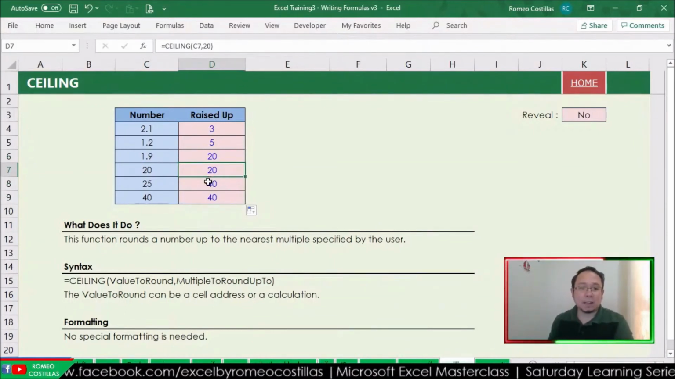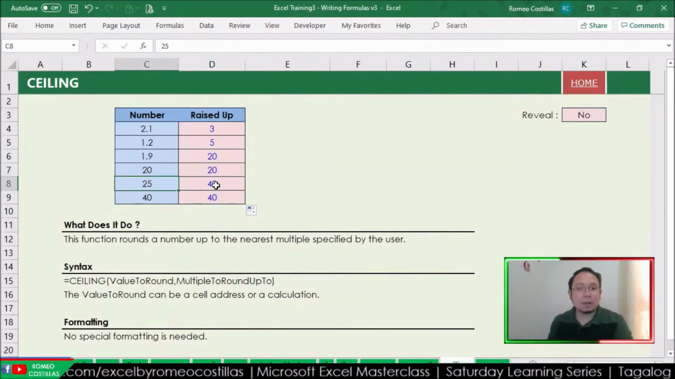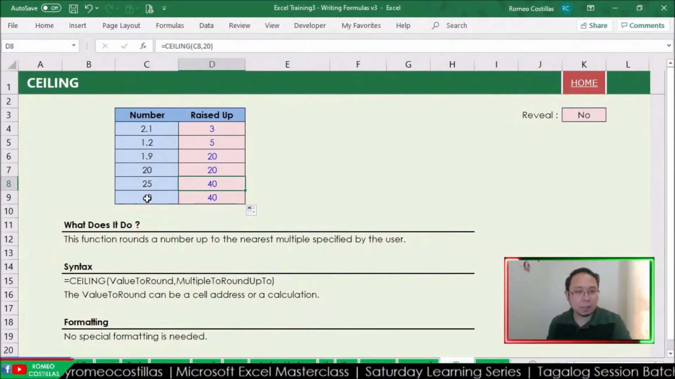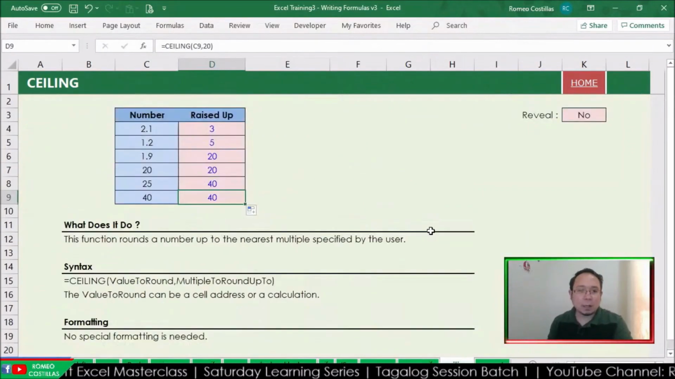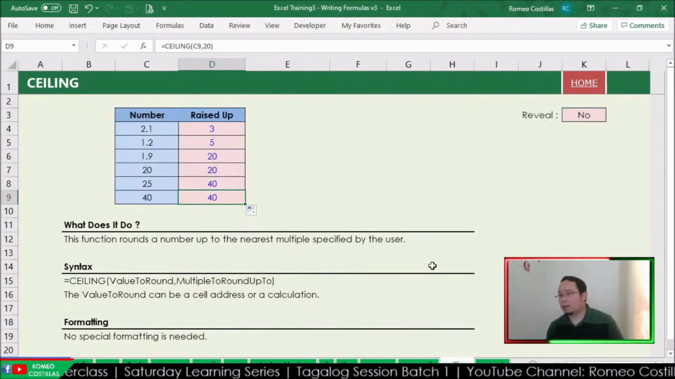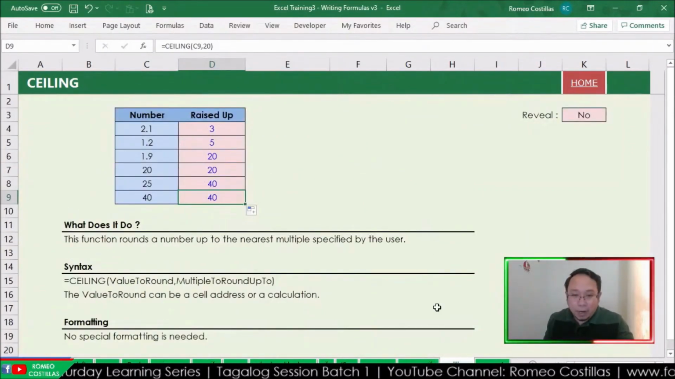Actually, same value siya. 25, nearest value niya is 40. Ganun din po dito. So yan lang po siya, ceiling. Alright, so I think